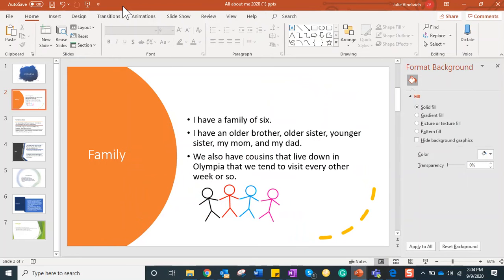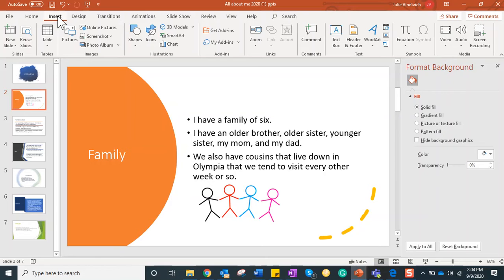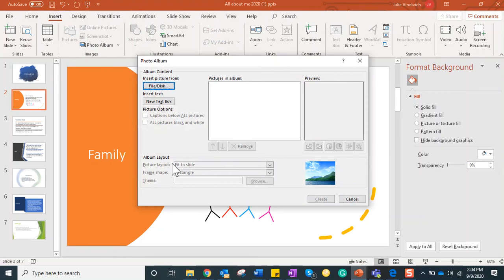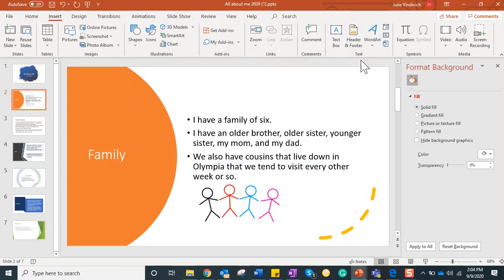Now, let's say he wanted an actual picture of his family, right? If he has pictures on the actual computer he's working on, instead of going to online pictures, you go to your photo album. I don't have a lot of pictures on my work computer, but that's how you would get them if you already had pictures saved on your computer in files. But there's another way to do it, and that is